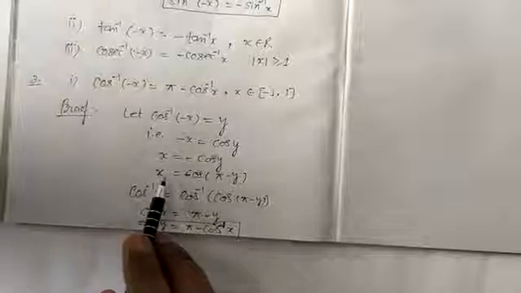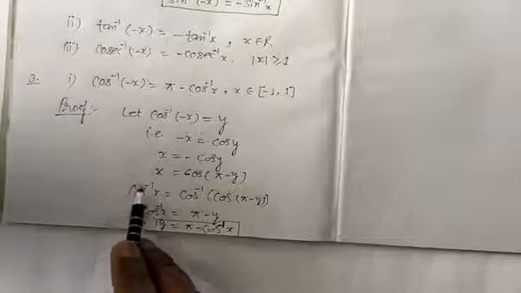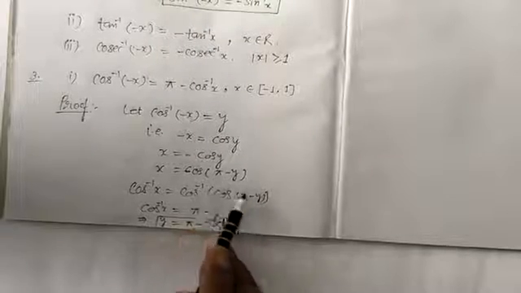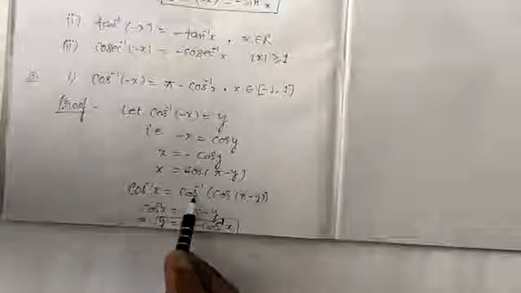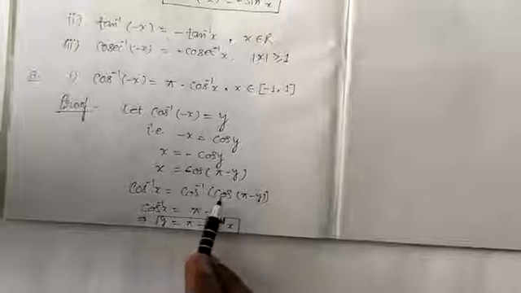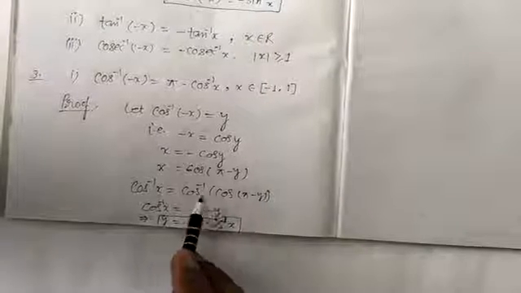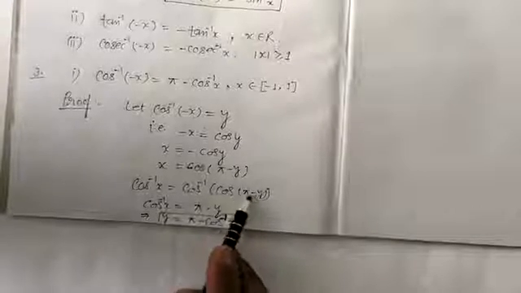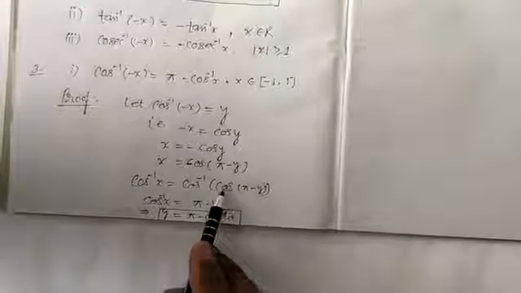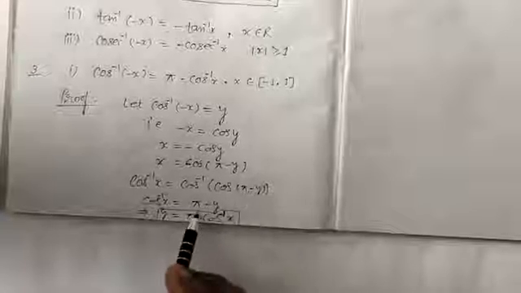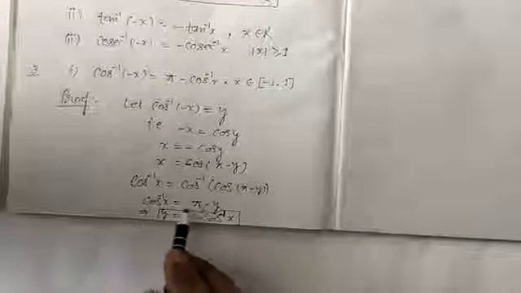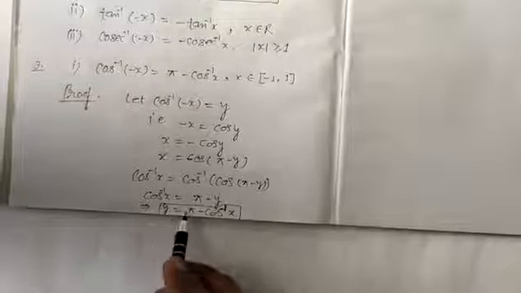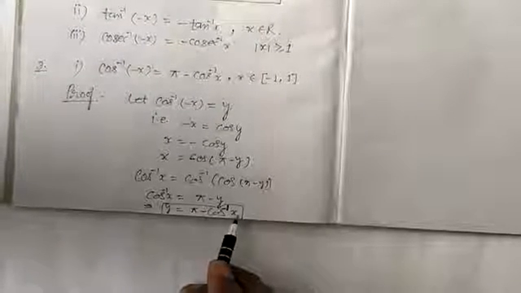If we take the cos inverse function on both sides, here will be cos inverse x and here will be cos inverse cos pi minus y. Cos inverse cos, here inverse function and here function. After composing, you will get the identity function. Cos inverse cos will vanish here, only pi minus y remains. Cos inverse x equals pi minus y. So you can find the value of y: y will be equal to pi minus cos inverse x.